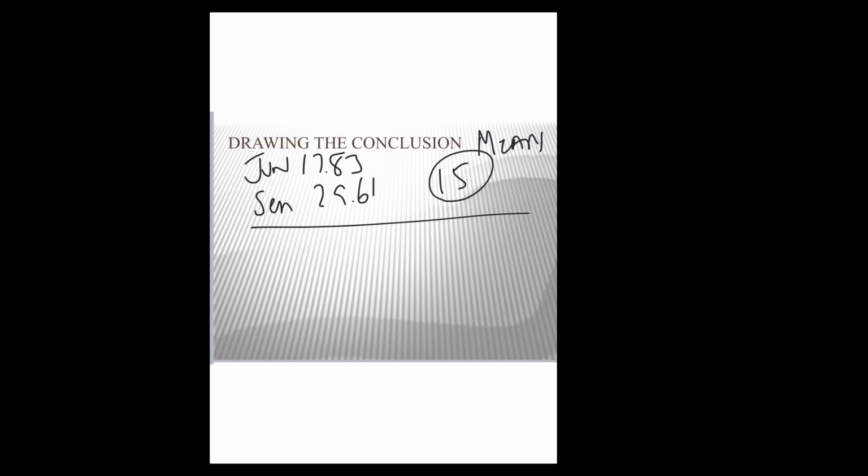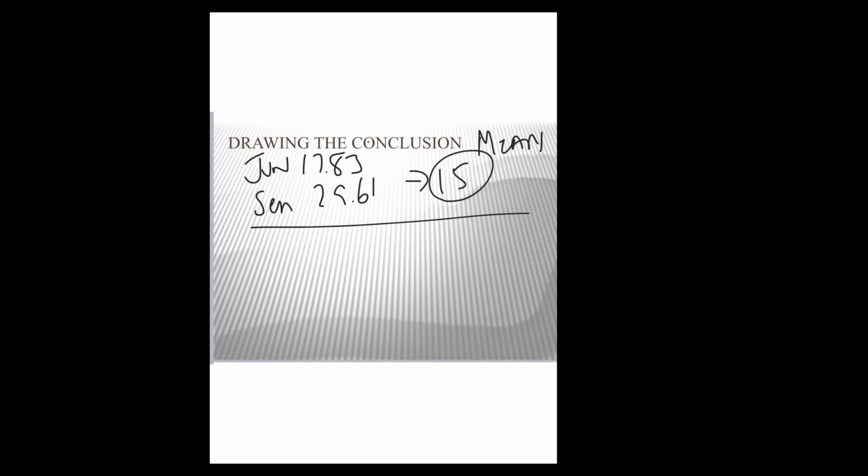So when we draw the ultimate conclusion for your homework and any test that you have, you're going to take that number of 15 and you're going to look at each one separately. Now we looked at it as a whole and said one was greater than the other. The juniors were higher than the seniors. Now we're going to look at them individually, because you could have one higher than the other. If this number had been like 12, your answer would be completely different. You would still have your seniors higher than your juniors, but your juniors would be less